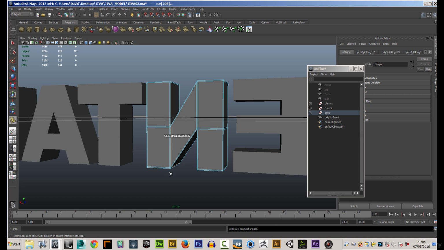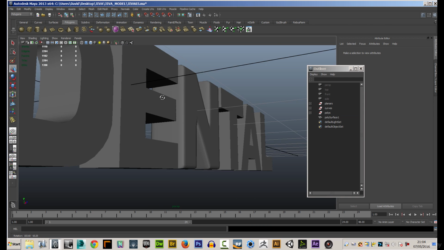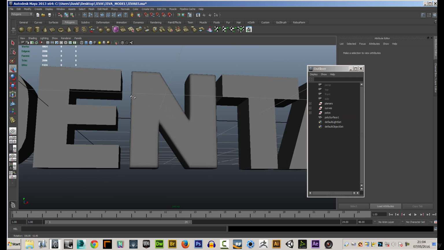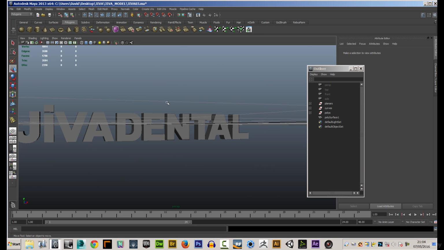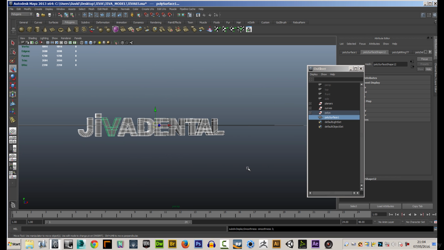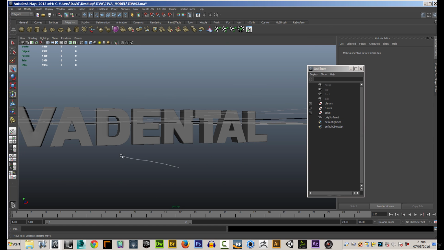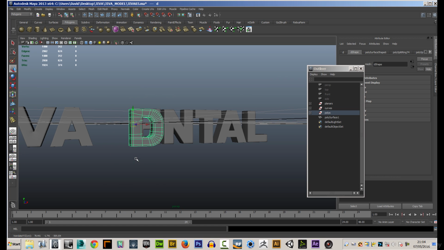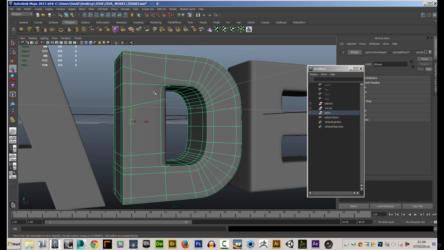So now if I press 3 on the keyboard, I should now have a nice N with no kinks in it, and that's much better. So I select all of it now, and I press 3 on the keyboard. I'm just going to reassess it, and yeah, it's looking good. The only part that I've got problems with is this D, which is still got this kind of line in it, which I don't like,